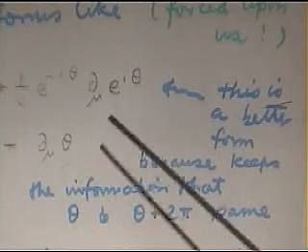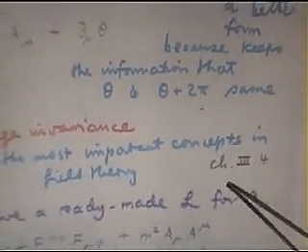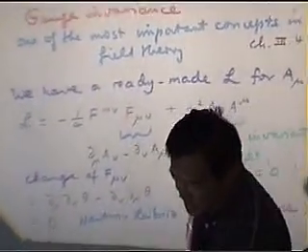Okay? So this transformation is known as gauge invariance, and it is one of the most important concepts in quantum field theory. This is discussed in great detail in chapter 3.4 of my book, so as soon as somebody can get the shipment of books out of customs, you can read about it in